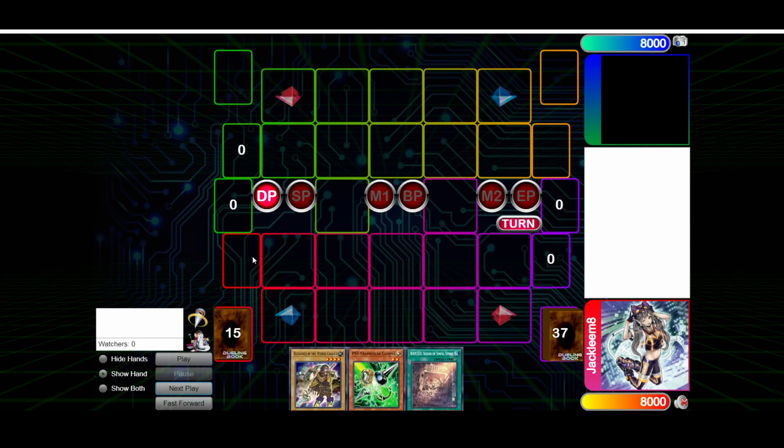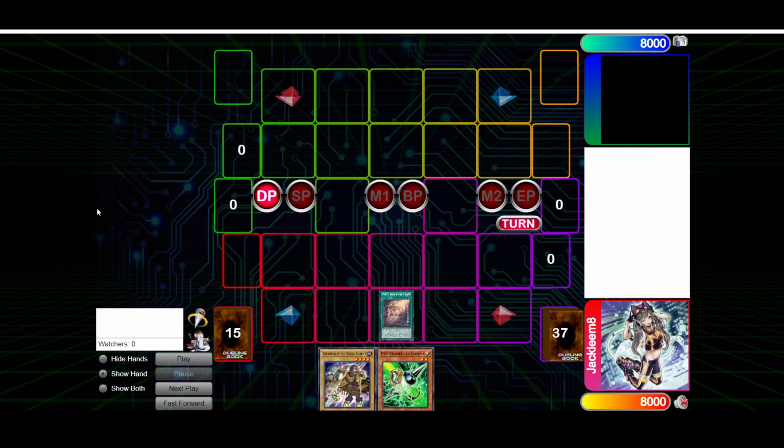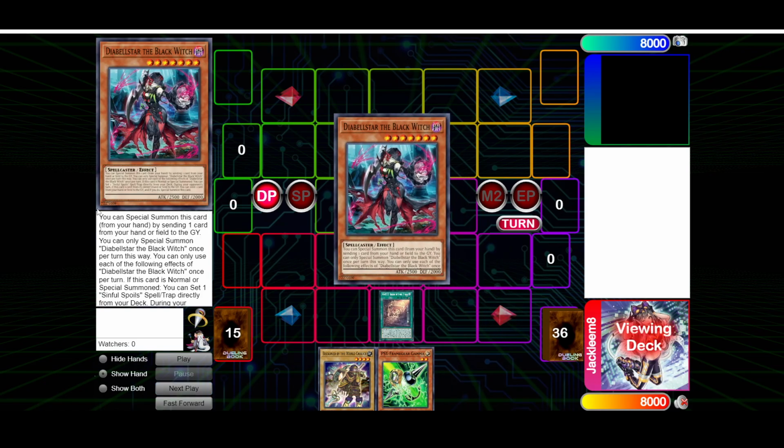We'll go into the third combo now, and this is a little bit more resource intensive. It requires Wanted, a normal monster, and a discard, but it ends on a much funnier board. So we're going to start by activating our Wanted and adding a copy of Diablo Star from the deck to the hand,